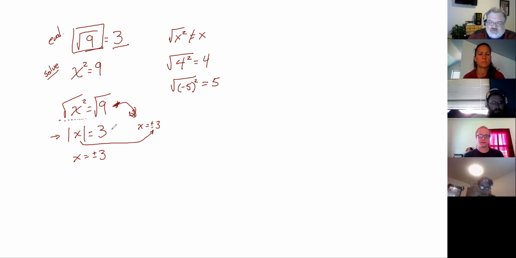So this is just a little kind of detail about something that's going on kind of behind the scenes here, and why we have to be careful about this distinction. When are we just taking a square root, and when are we using the solving technique? Because it's that solving technique that's really generating that plus or minus.